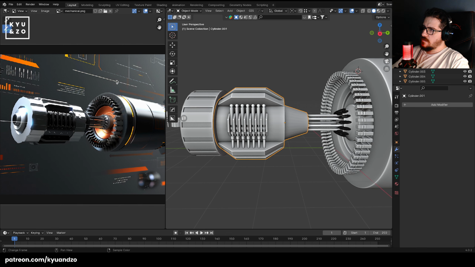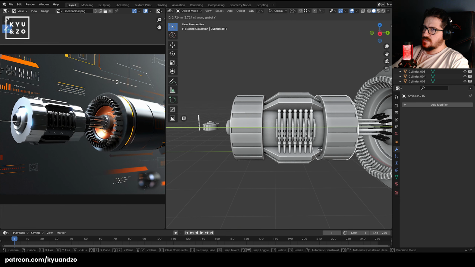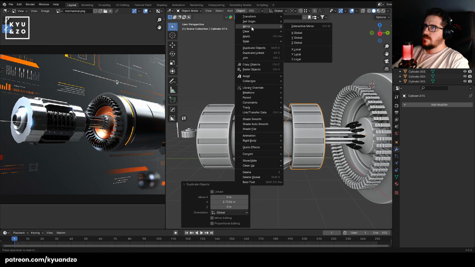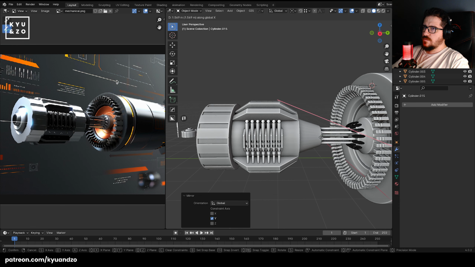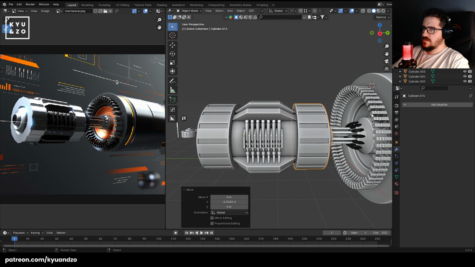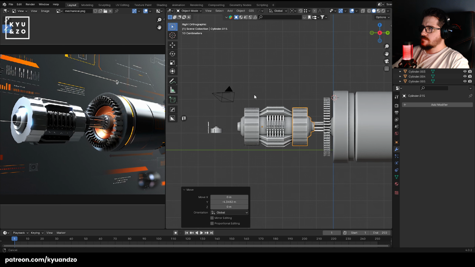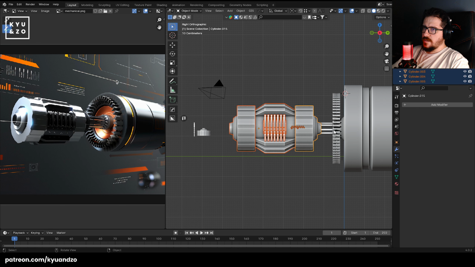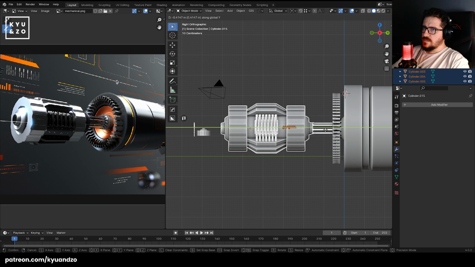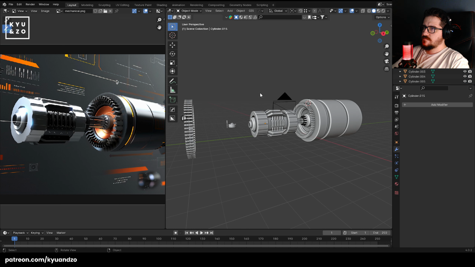we need this area. It's missing here, so just duplicate it and mirror Y global. And where is this? And yeah, it's the same distance here. Just plug it somewhere in this position, and now let's bring it a little bit far,